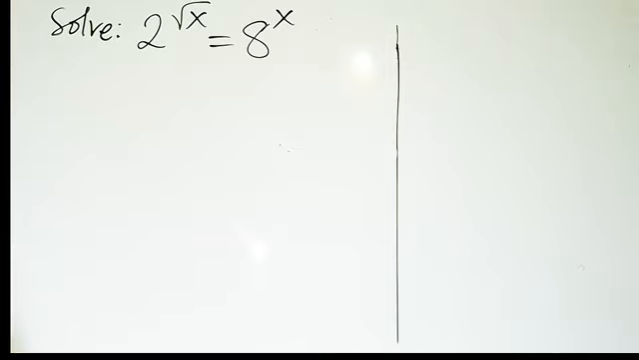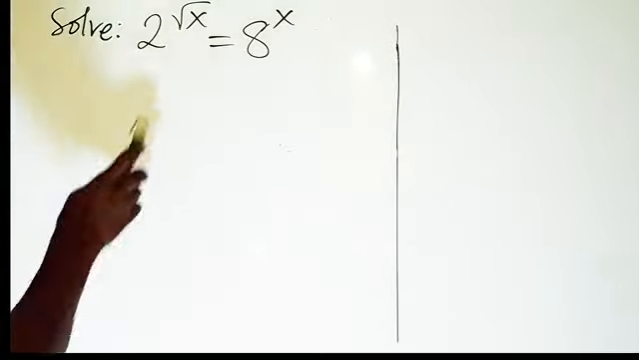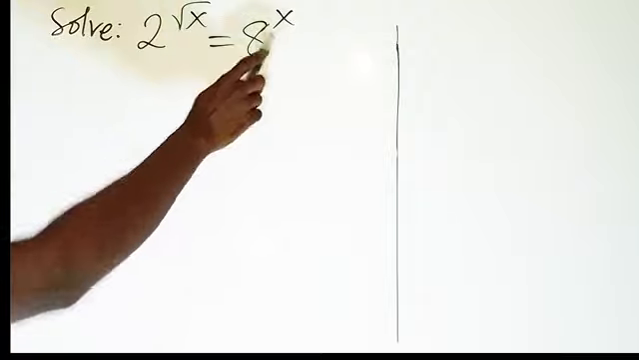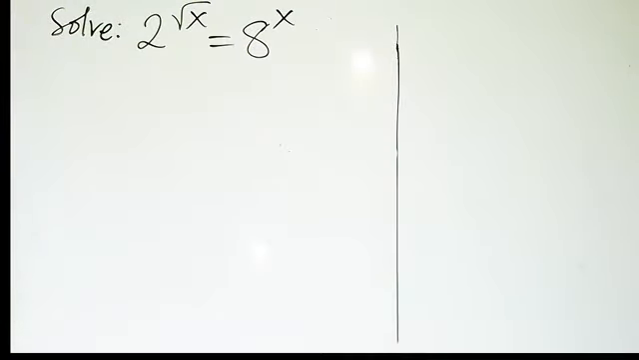So now from here we have this exponential equation. So this is a beautiful Olympiad question. Here we want to solve for the value of x. We have 2 to the power root x equals 8 to the power x. So what are we going to do when you have this type of question? What we are going to do here is that